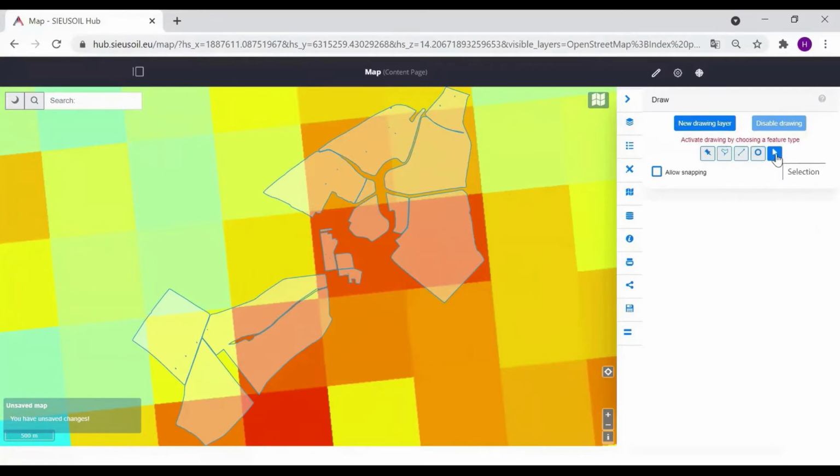This button is for selection of features. So I will select a point, but be careful because now we are drawing to Rostenice training layer, and in case you don't want to edit it no more, you should create a new drawing layer.